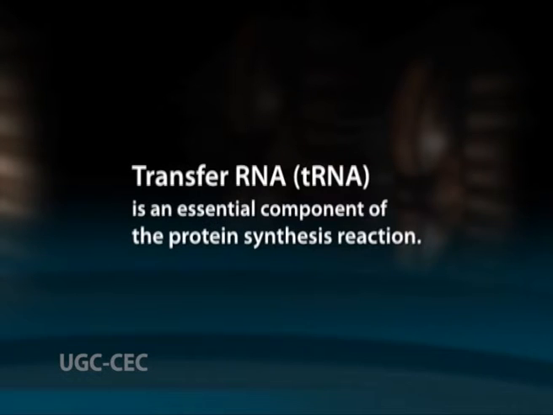Transfer RNA or tRNA is an essential component of the protein synthesis reaction. After rRNA, the second most common RNA in the cell is transfer RNA. It constitutes about 10 to 20% of the total RNA of the cell. It is also called soluble RNA because it is too small to be precipitated by ultracentrifugation at 100,000 G. It has a molecular weight of about 25,000 to 30,000, and the sedimentation coefficient of a mature eukaryotic tRNA is 3.8 S. Transfer RNA is synthesized in the nucleus on a DNA template.